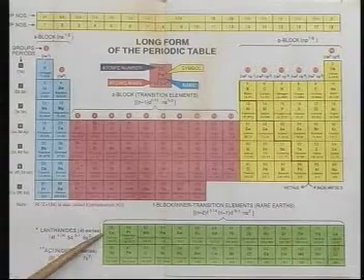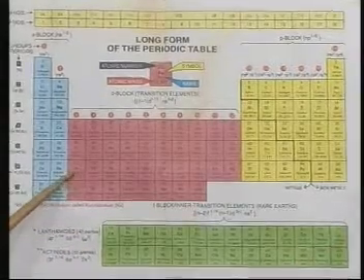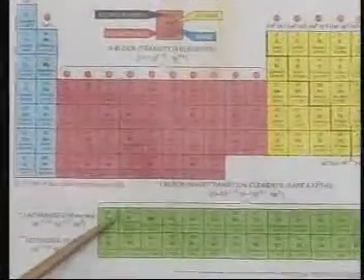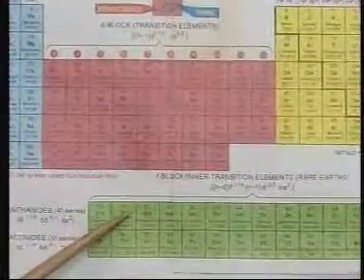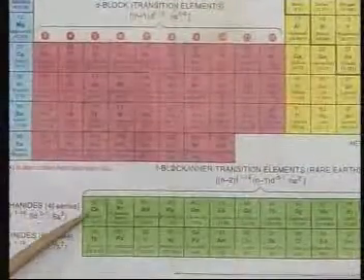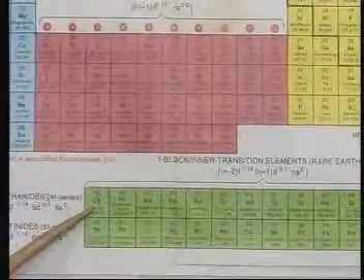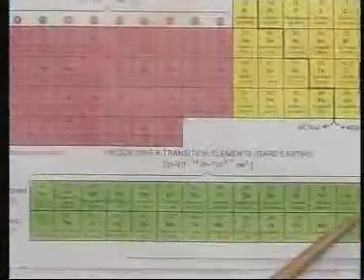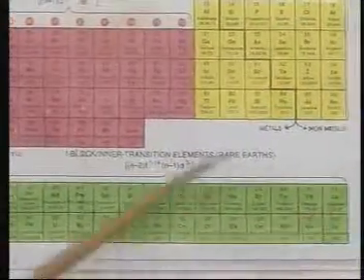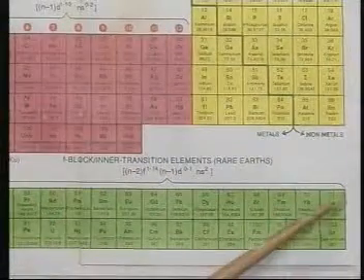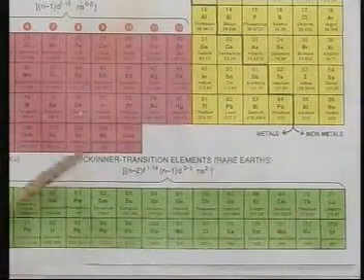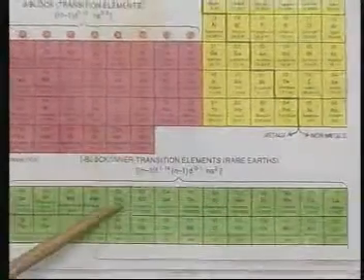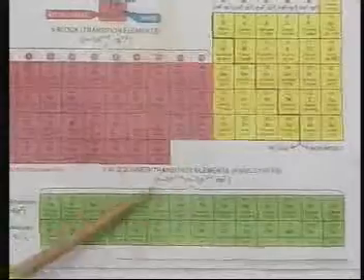Now what is happening here is that after lanthanum has 5d1 filled, the remaining 14 electrons will now go into the inner 4f orbitals, starting from cerium and ending with lutetium, atomic number 58 to 71. So these are called the lanthanides or the inner transition elements.